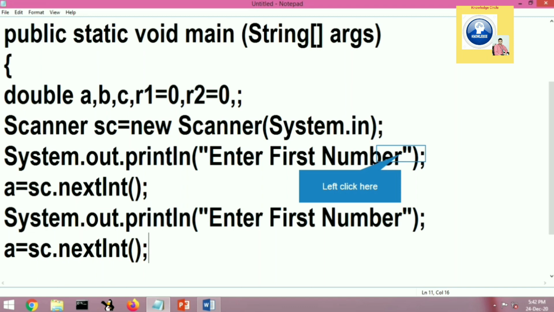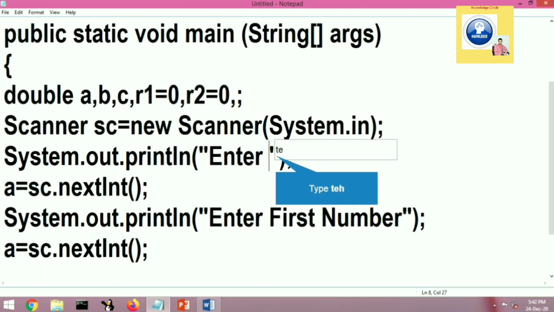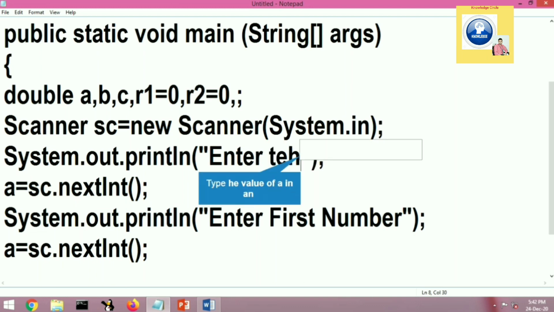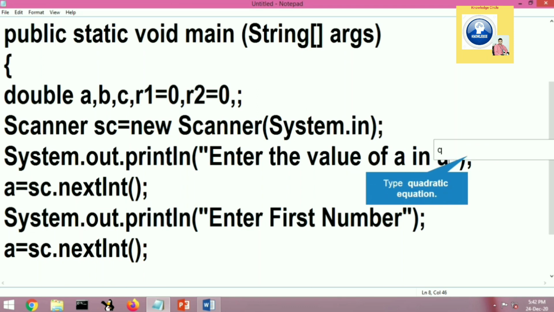The same message will be used for the second and third inputs, and we will change only the variable, that is a, b and c. When the user sees this message, the user will give a value, and that value we will store in a.